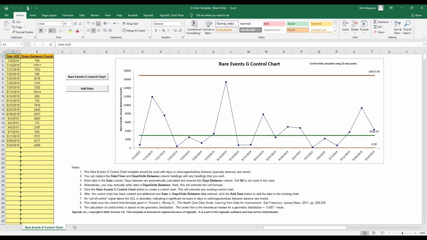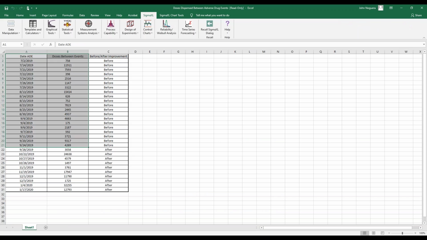So it's in control. In control isn't necessarily a good thing. It just simply means the process is stable. So again, as with the T chart, you would like to see the process out of control on the upper control limit, because that means there are more doses between adverse events. So we will now go back and I'm going to take the after improvement data and copy that,